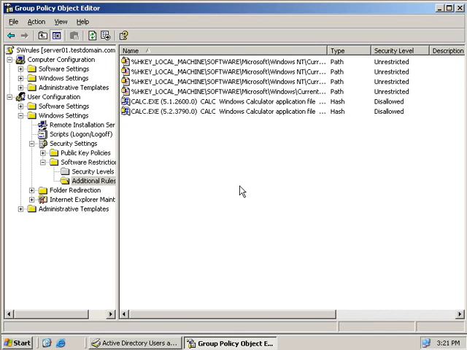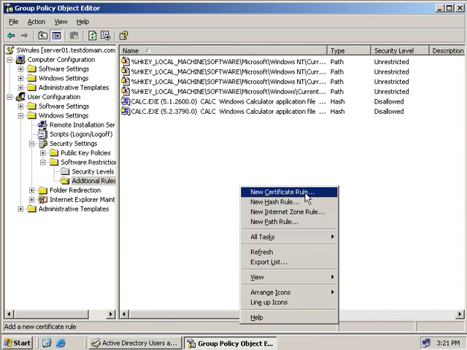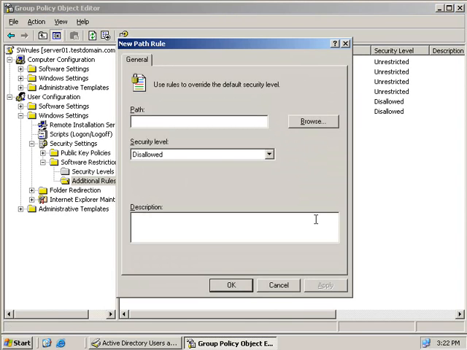Okay, the next type of rule we'll look at is the path rule. So we'll right click and we'll select path rule. Now here we can enter a path to a location where we want to allow or disallow files to run. So for example, we could enter in %systemroot%/system32, and this would prevent users from running applications in the Windows